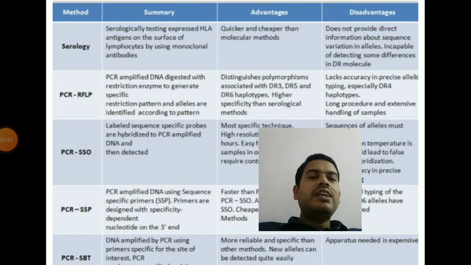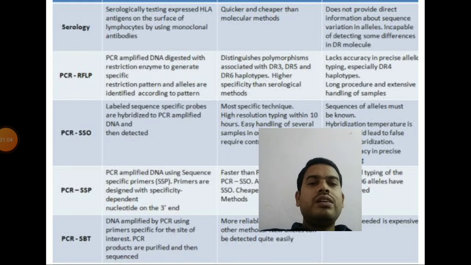Another disadvantage with this PCR RFLP is that it lacks accuracy in identifying precise alleles, especially DR4 haplotypes. So there is a problem with DR4 alleles. That is the major disadvantage of PCR RFLP. So the other method is